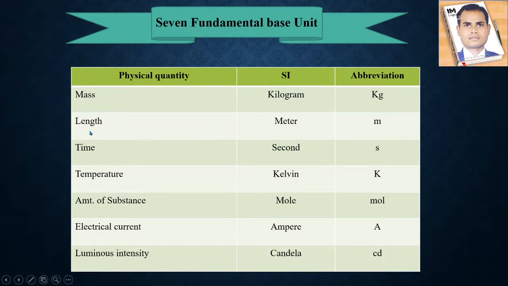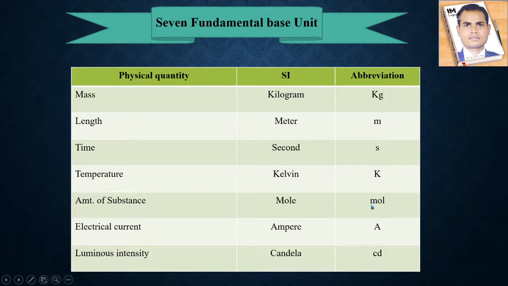For the second, length, the SI unit is the meter, and the abbreviation is small m. The next physical quantity is time. The SI unit is the second, and the abbreviation is small s. Temperature: the SI unit is the Kelvin, and the abbreviation is capital K. The next is the amount of substance. The SI unit is the mole, and the abbreviation is